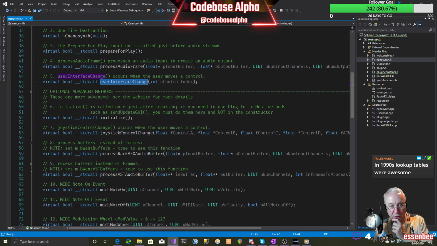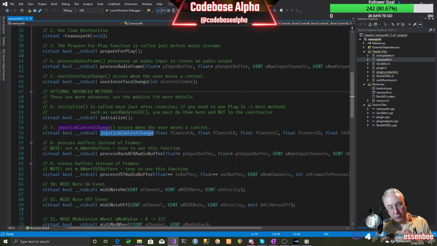So there's initialize, which is like one time post create initialization, which we don't do in the constructor. There's controlling the joystick, which we won't be doing till we get to a synthesizer which uses joysticks. Well, what you said there, in the 1990s lookup tables were awesome, is kind of the point, is we're kind of building digital models of 1980s, 1990s synthesizers. So I guess, if the original synthesizer had a wavetable oscillator, we're going to have the option to switch on wavetable oscillators or use